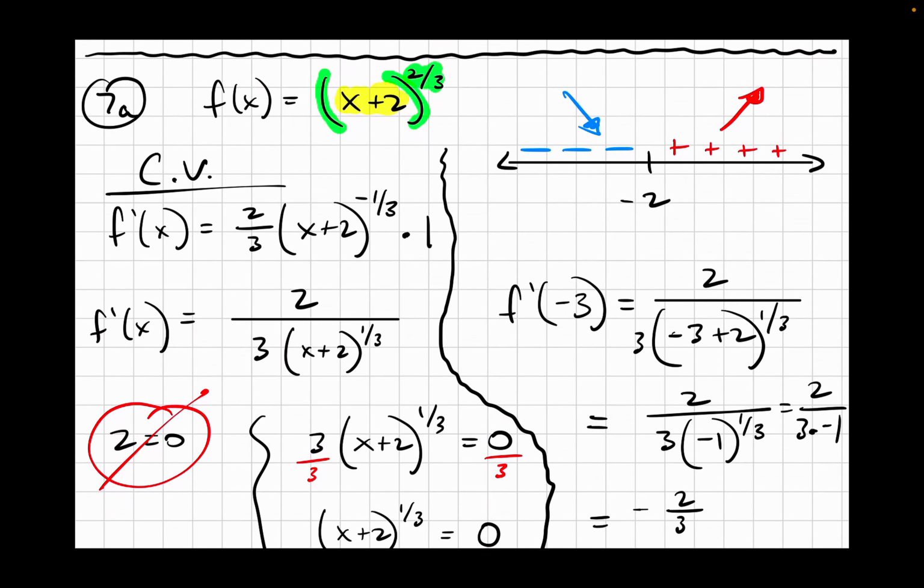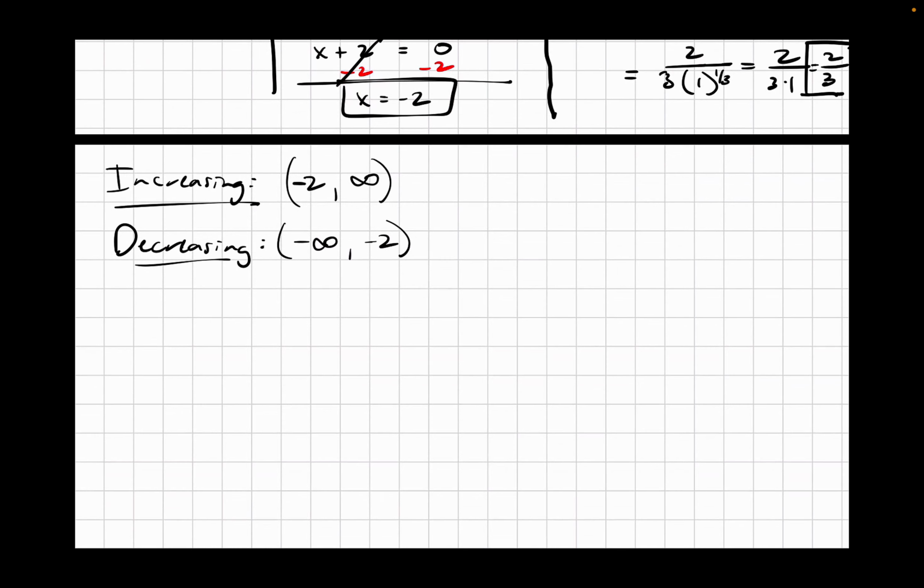Are we going to have a relative maximum, relative minimum, both? Relative minimum at -2, because it switches. There you go. We're going to have a minimum because it's decreasing and then changes to increasing. That creates a minimum. Okay? So we're not going to have a maximum. We're just going to have a relative minimum